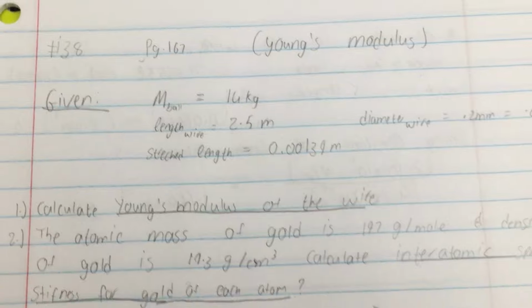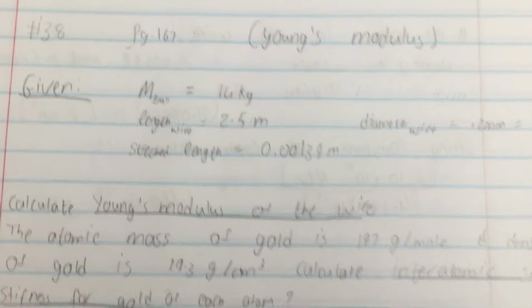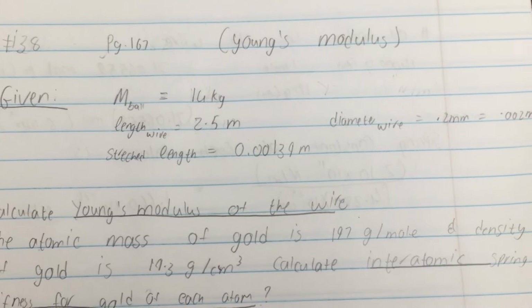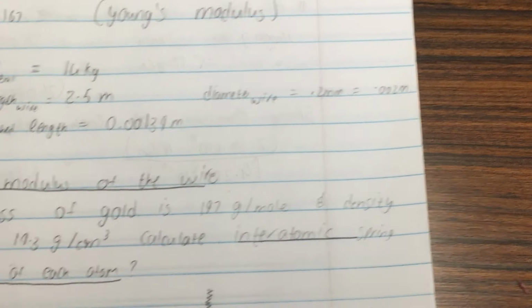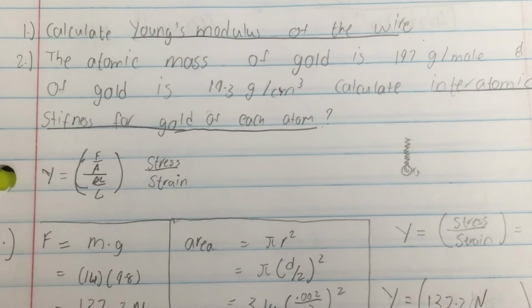The following problem is number 38 on page 167, and it's dealing with Young's modulus. In this problem, we're given the mass of the ball, the length of the wire, how the wire is stretched, and the diameter of the wire. Basically, what the question is asking is the Young's modulus of the wire and the interatomic spring stiffness for gold